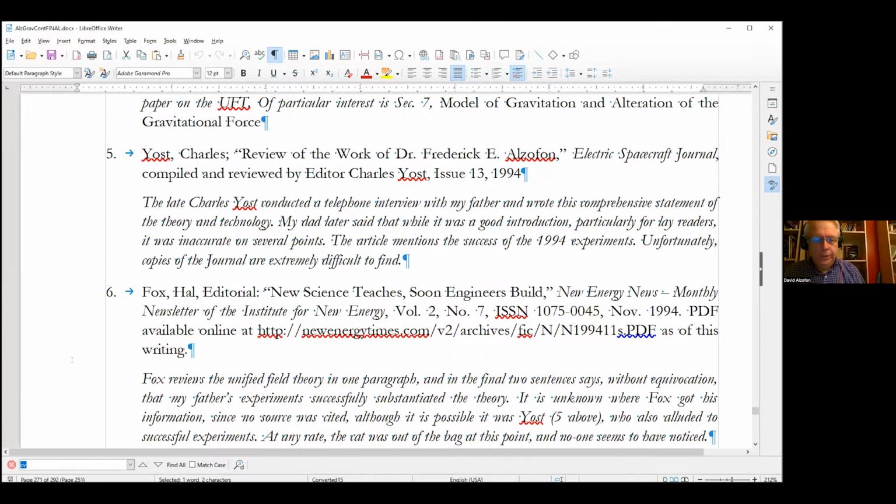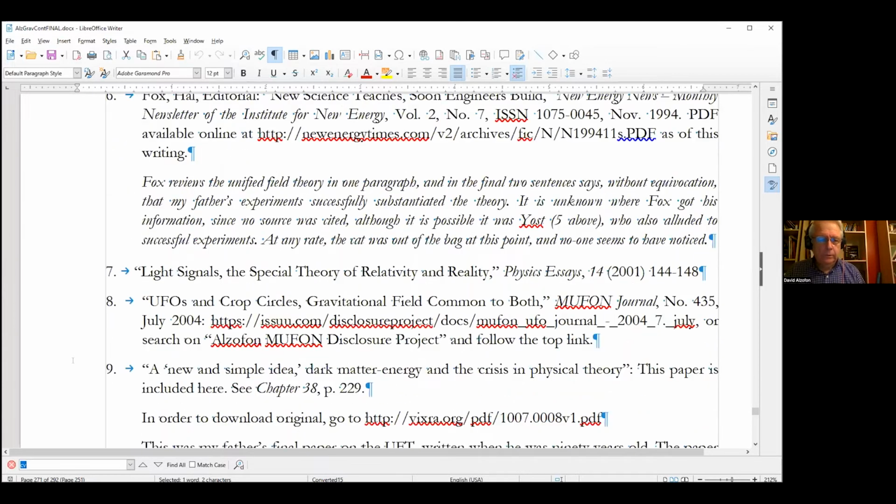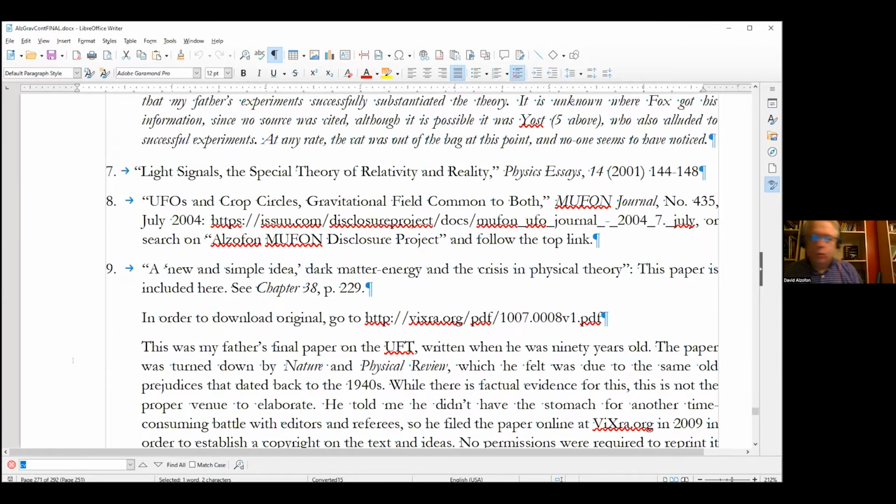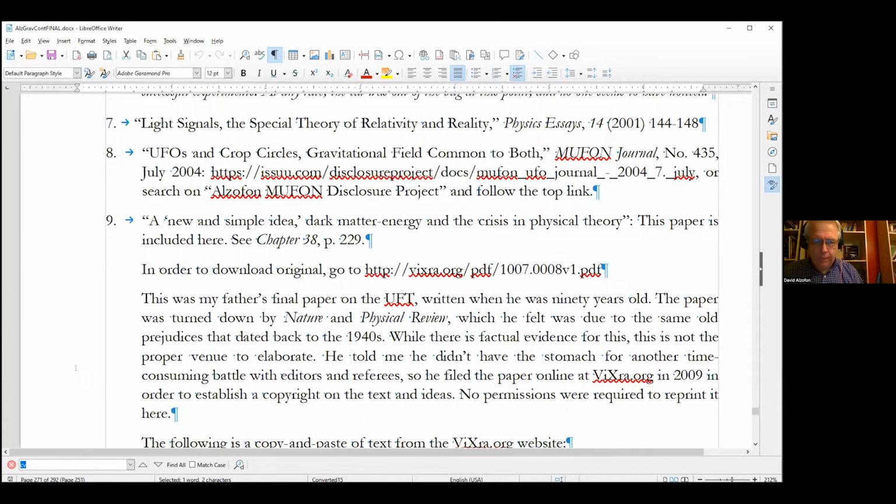And I will continue onward now. You know, we're scrolling by decades of work here as it reduced to print, black and white print. It doesn't quite convey the agonies that he went through to get all of this stuff out and published. He met a lot of resistance at Physics Essays, for example. And I have a few of his retorts to referees. I've never published them because they're contentious, but